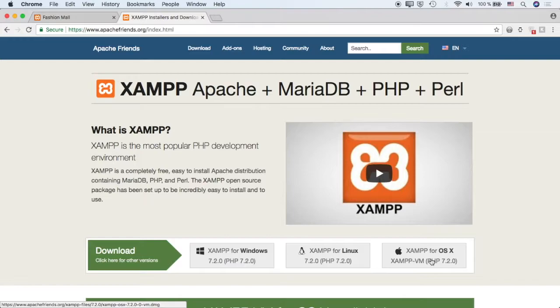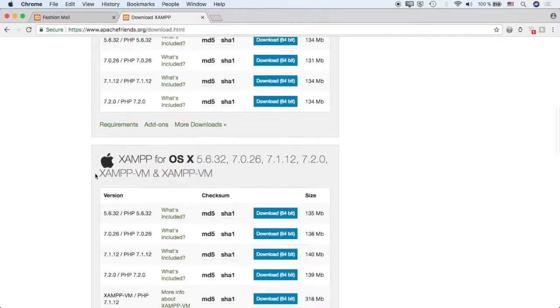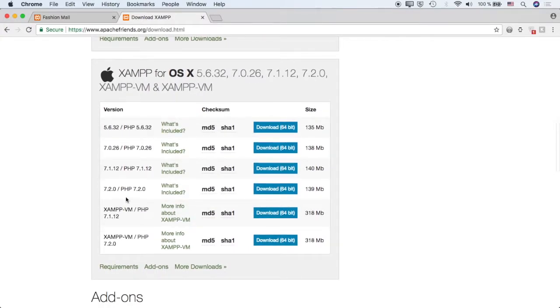On this place, I should mention that on the home page there are the latest versions of the XAMPP software. Also be careful if you are an OS X user, because this version right here is a virtual machine version. If you don't know what a virtual machine is, or you want to download some other version that is not on the home page, you can go here on the top menu and click on the Download section. Here you can find some older versions, and for example for the OS X without the virtual machine, you can download this latest version